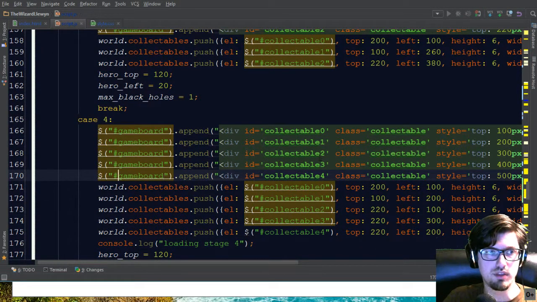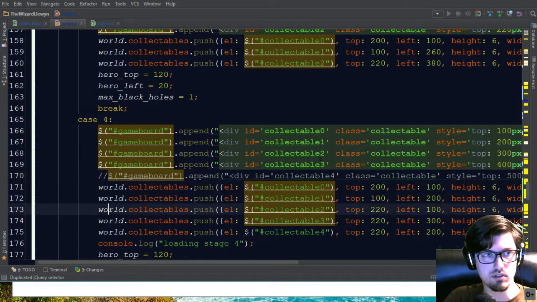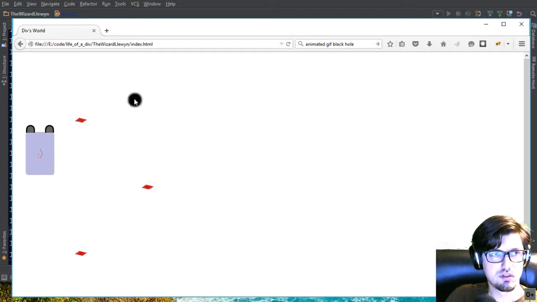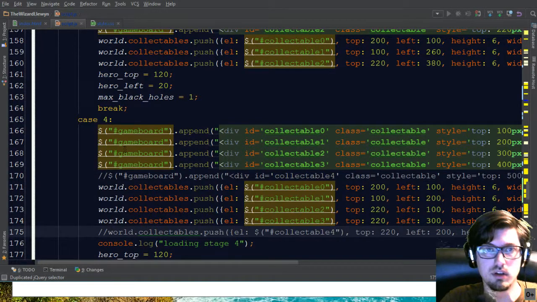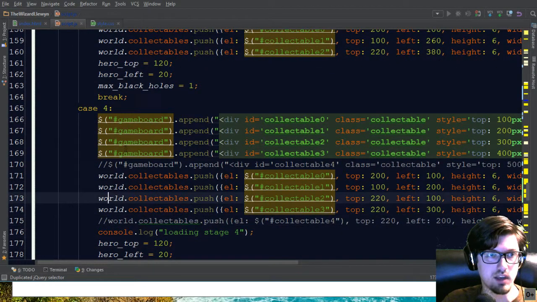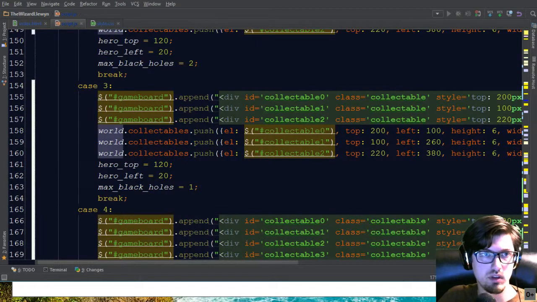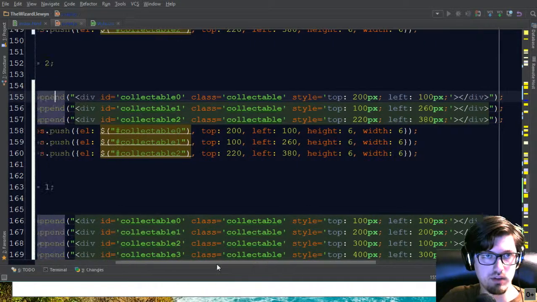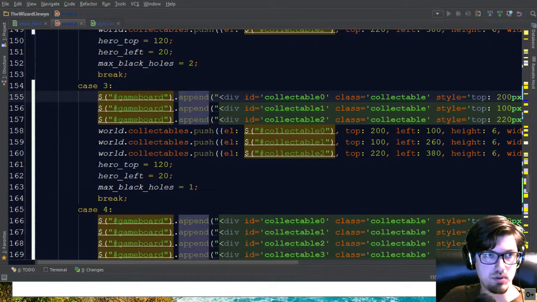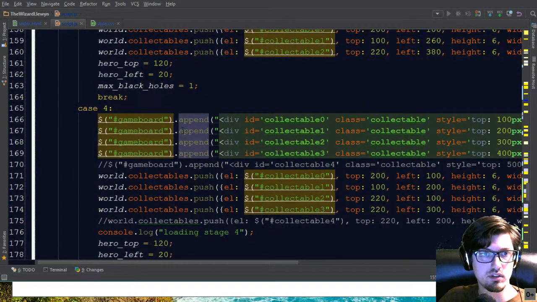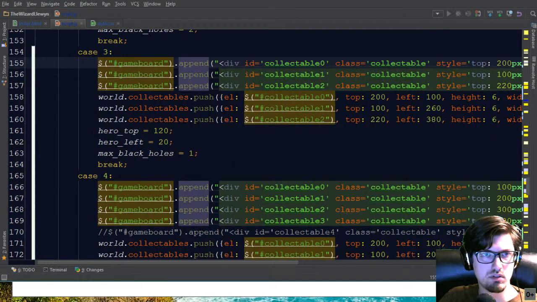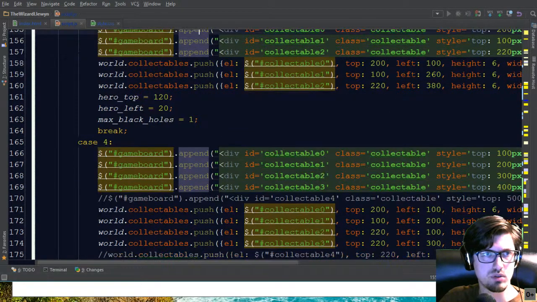All right, so let's just see, maybe something's crazy. We haven't had 4 collectibles. I don't know why that would, but let's just eliminate. Okay, so it's nothing to do with that. Good. That helps me a little bit with my sanity. Okay. So 3 works. So we have append, append, append, and then push, push, push, and go. So in this case, we have append, append, append. 0, 1, 2.